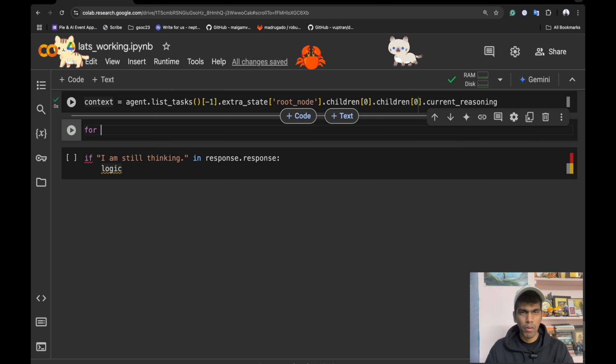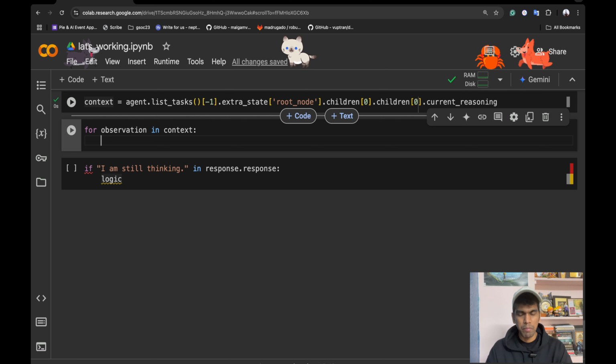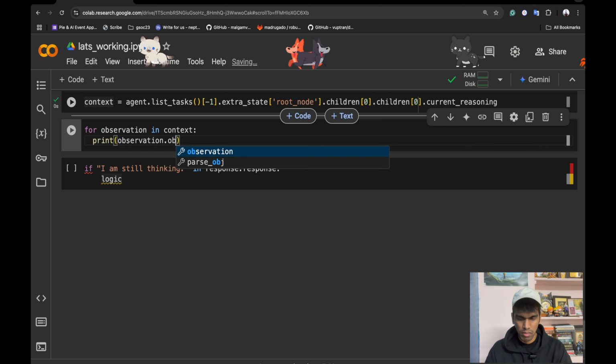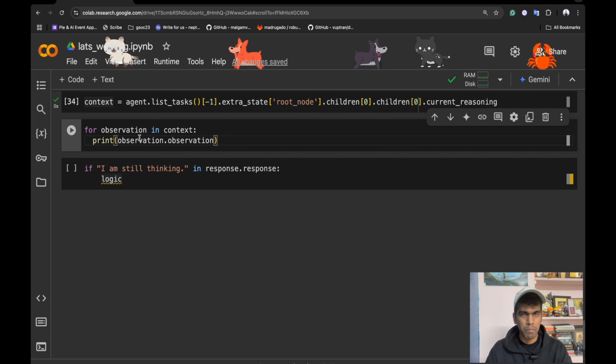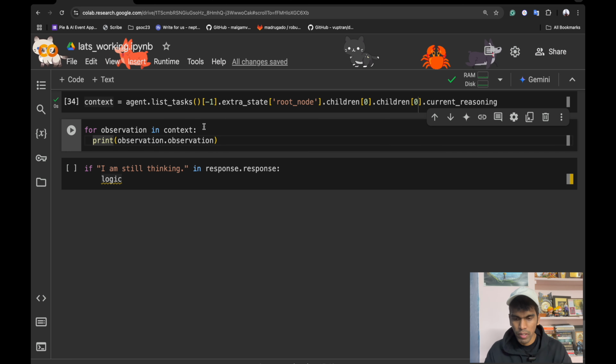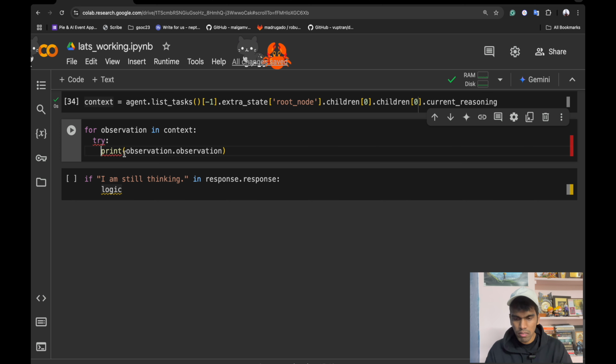Okay. So now from observation in context, you need to get all the observation. What you need to do is get observation dot observation. So you only need to get observation dot observation. If there is any thought and action, you just have to remove it. So I'll just write a try and except block, try, and then you can have except block,